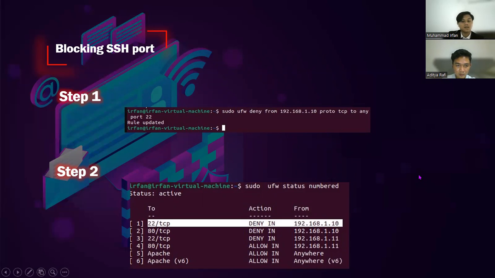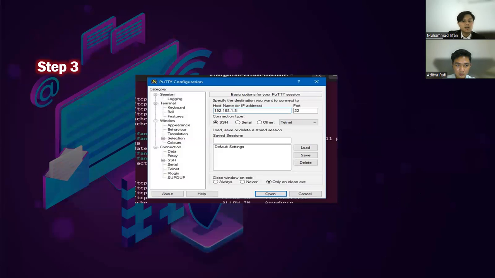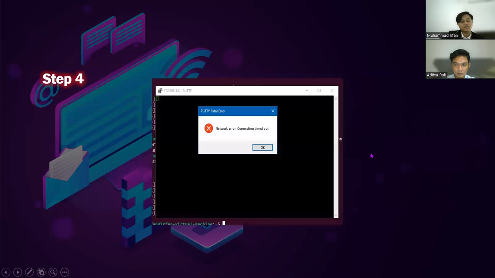In step 2, display ufw status with port 22 denied, and then input the Ubuntu IP and port 22 again in PuTTY. Step 4, the last display on PuTTY shows when access is denied by the firewall.